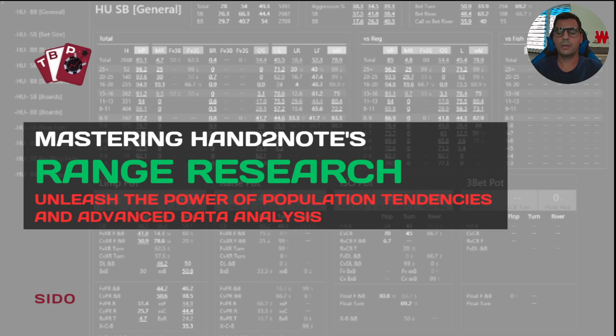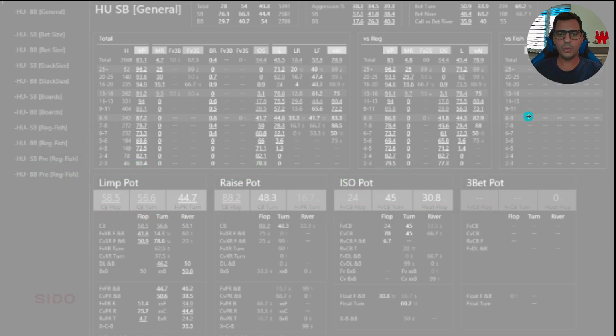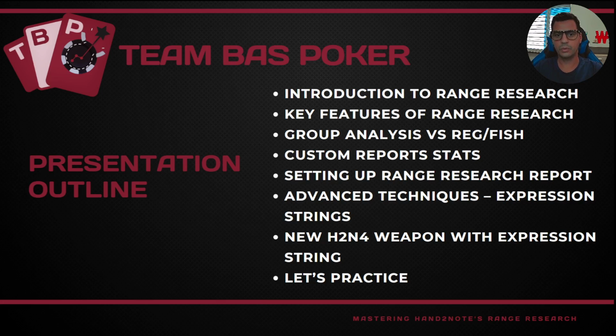how to use it, all the features that you can find in it, and also how to find and maximize your win rate depending on population tendencies. So today we are going to introduce you to range research first. Then we'll show you the key features of it. And I will show you how to analyze groups of regulars and recreationals using easy and